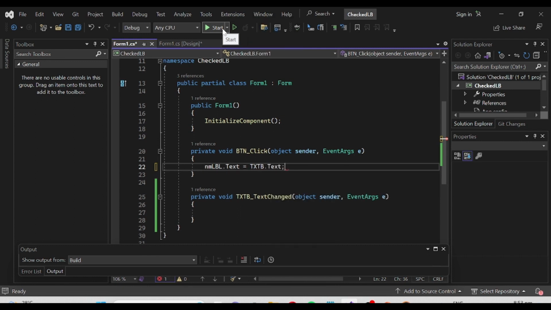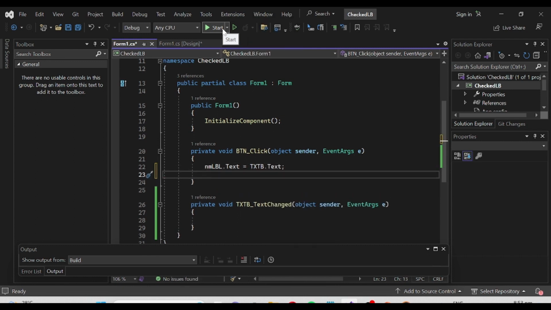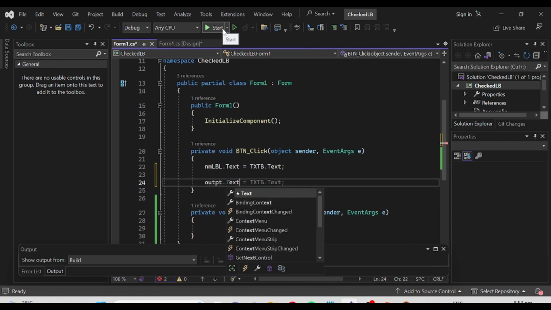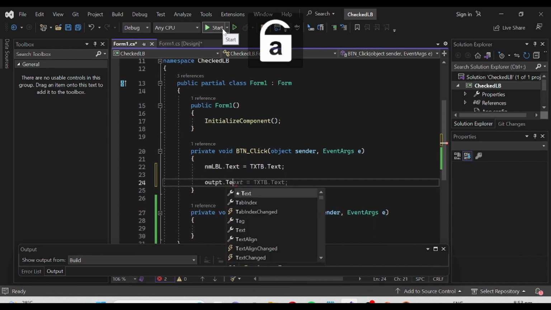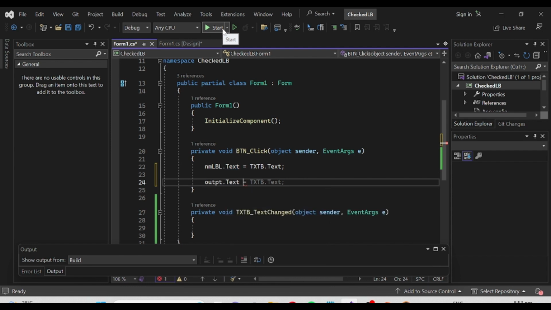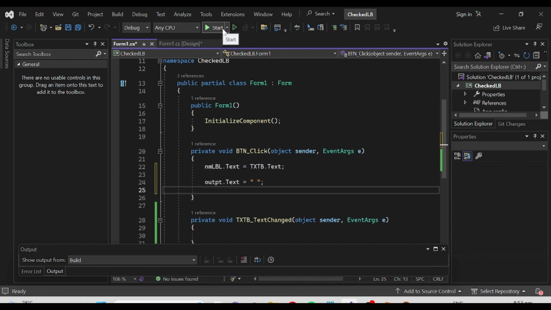The text and the TXTB, that text stands for text box. And now the OutPT stands for done requirements label,